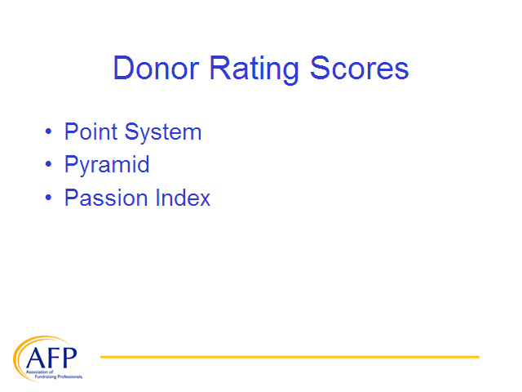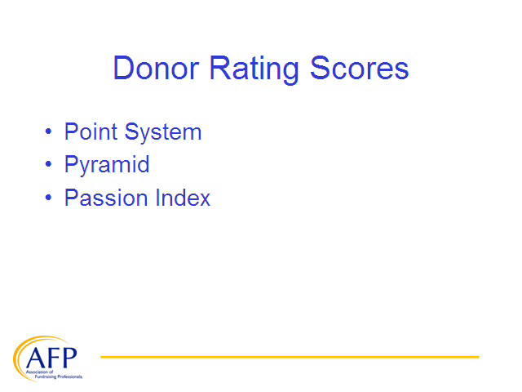So donor rating scores are important when you're looking at your database of annual fund giving. It's important both for planned giving and for major giving that you have some way to assign value to affinity, which is the purpose of donor rating scores, because giving history is fairly easy. It's captured in your database. You can count the number of gifts, and we'll talk about what's important to look at for giving history. But to capture affinity, you want to look at some other behaviors besides giving.